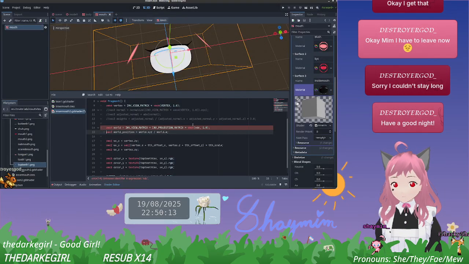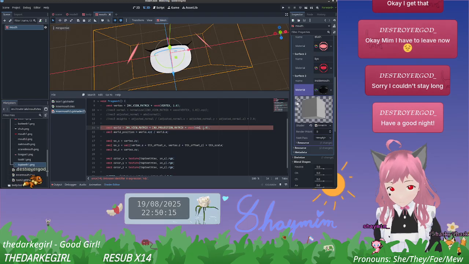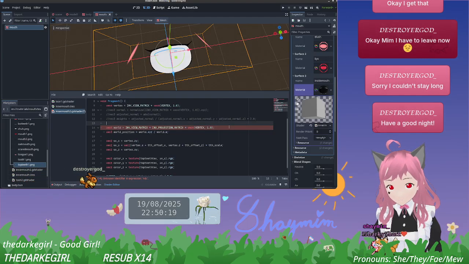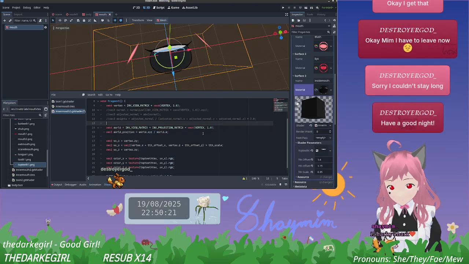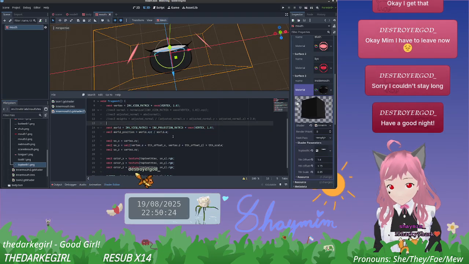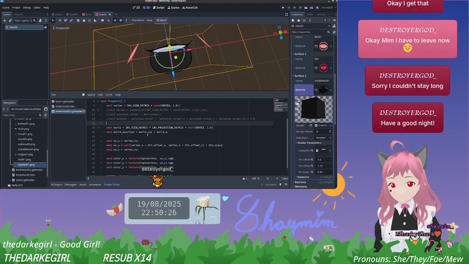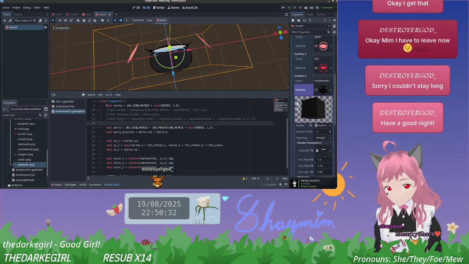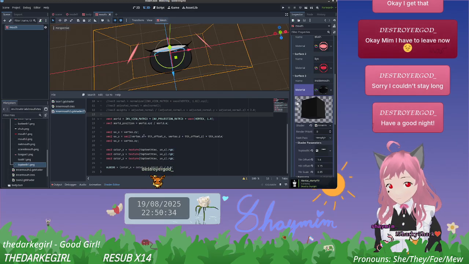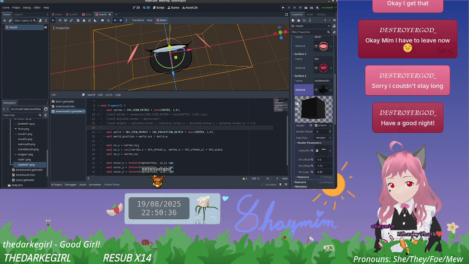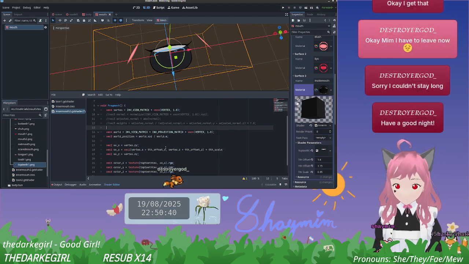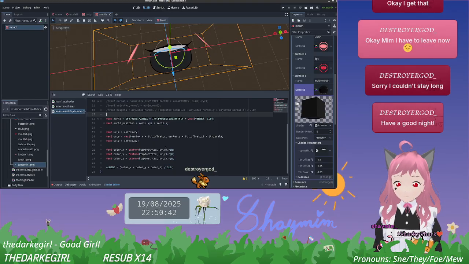Maybe we try using vertex for that. See if that helps. Right. And then, what if we said